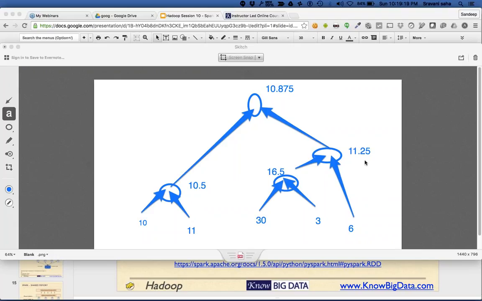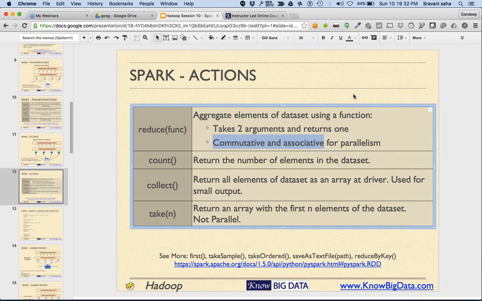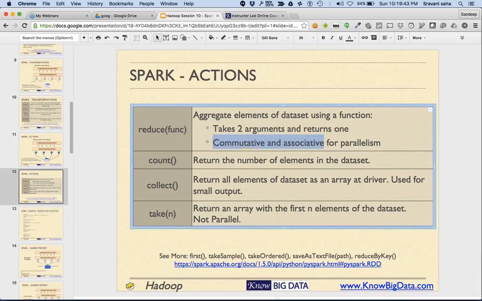Because the average of an average of the subsections of an array is not equal to the average of all elements. Make sense to you? So average is not commutative and associative in nature. Count, collect, take, all of these functions are very similar to take.